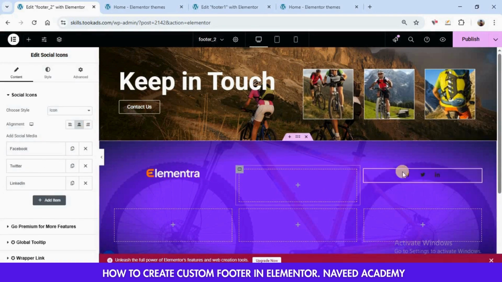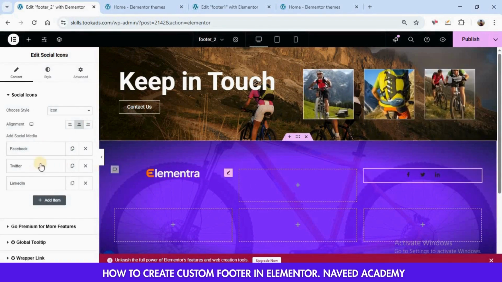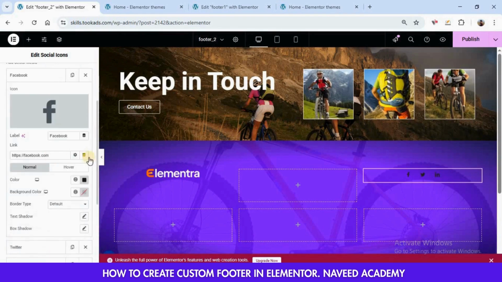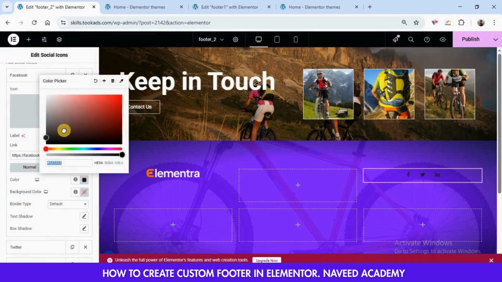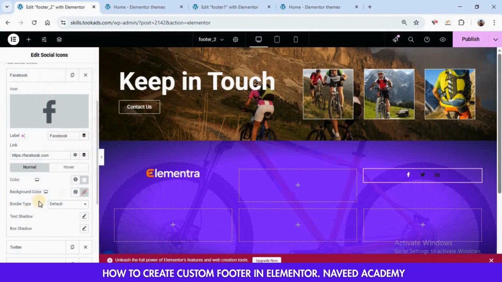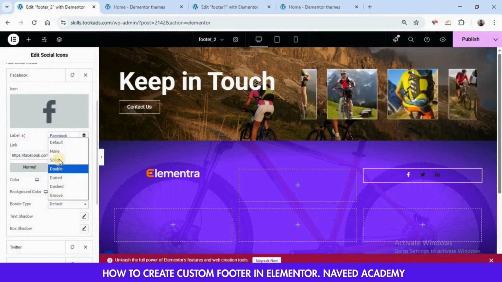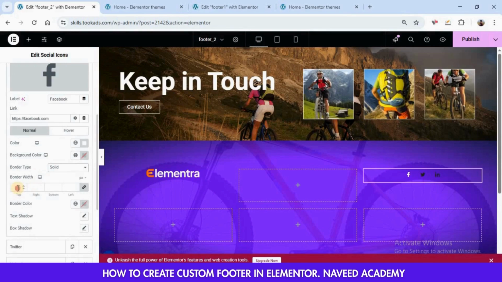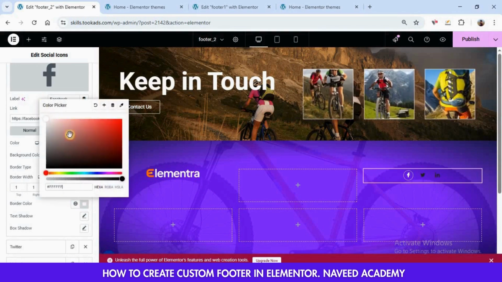And now we need to set the color of our social icons. Click here on Facebook and set the color to white. We also need to set the border type to solid and border width to 1 pixel and border color to white with some transparency.